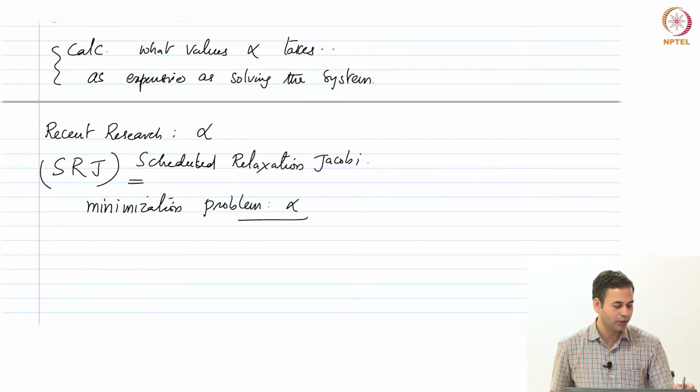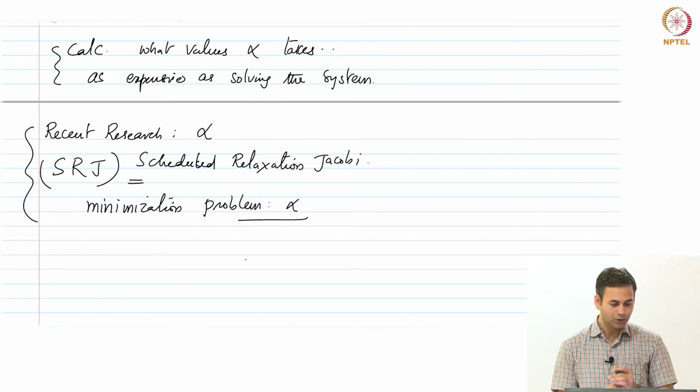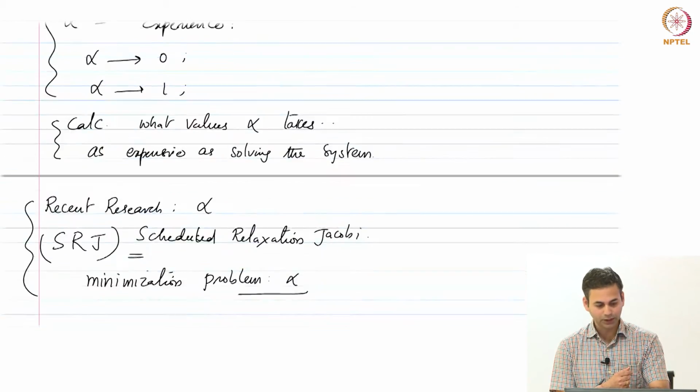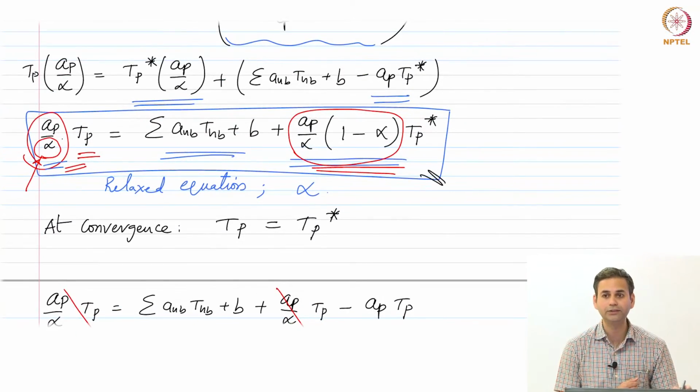We are not going into this as of now, but it's information for you. If you are interested, you can go and look up all these things. Otherwise, it depends on experience and the problem you are solving. In your assignments or projects also, you will use under relaxation when you have strong nonlinearities. In which case, you will modify the system like this, and you would use some alpha value, which will be told to you in the assignment or something.